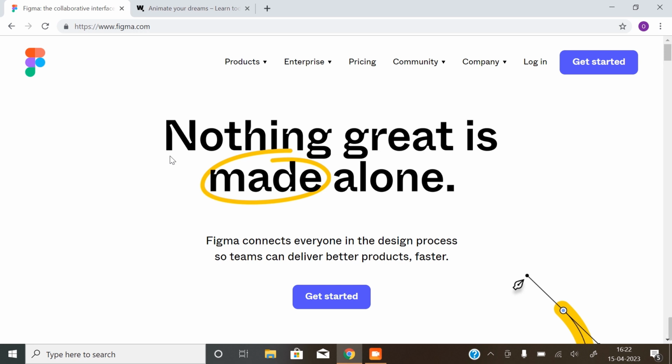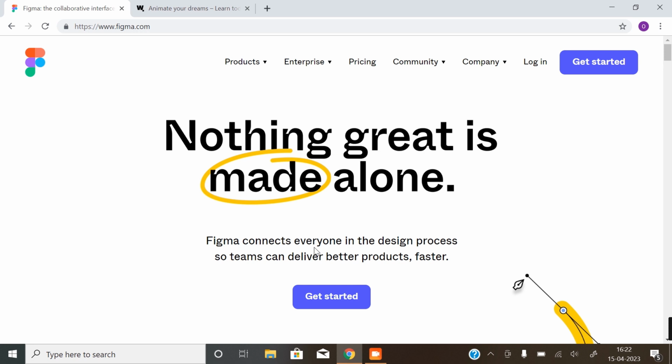Today we will be learning how to design a landing page UI for a home control app. We will cover the basics of the Figma interface, design tools, and explore how to create visually appealing and functional landing pages. Let's get started. So once you get to this page, which is